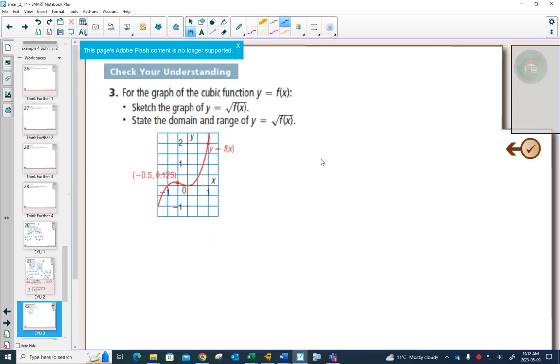Example 3 is the same as examples 1 and 2. If you are trying to graph the square root of any function, first of all, you have to have the function graph. And the nice thing about equations 1, 2, and 3 is they graph them all for us. We are going to do another one right after this for ourselves that we have to graph. But if the graph is already drawn, which it has in f of x, then we're going to use those ideas that we saw in that activity at the beginning, that the only square roots that stay the same are